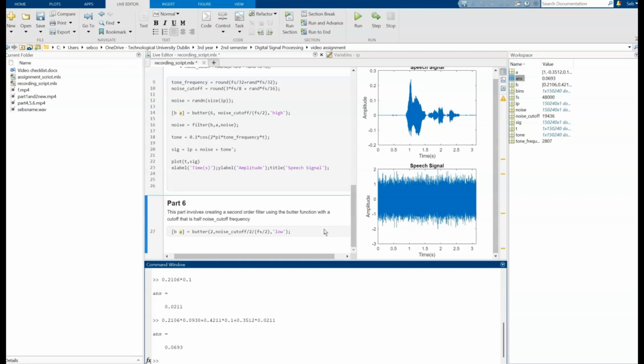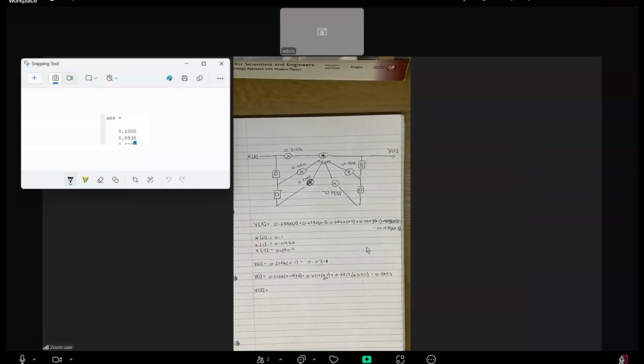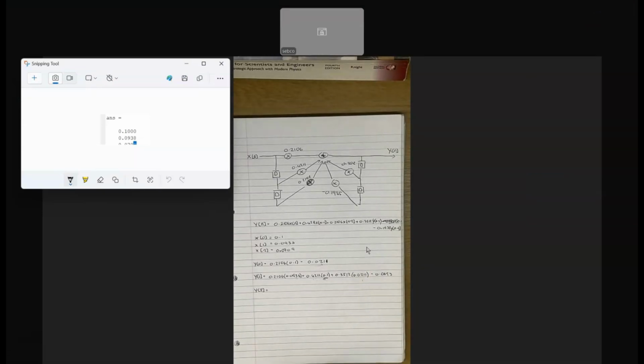We get 0.0693. So y of 2 now is going to equal